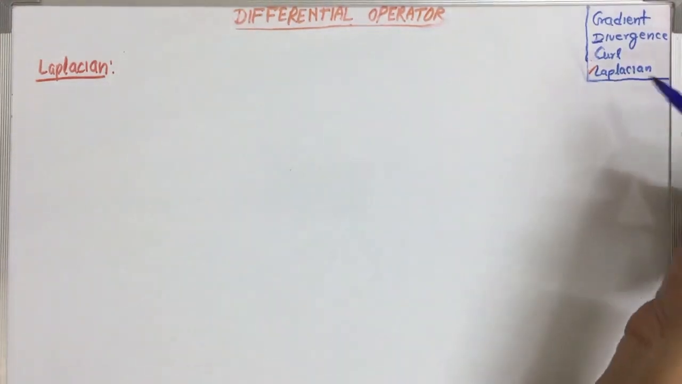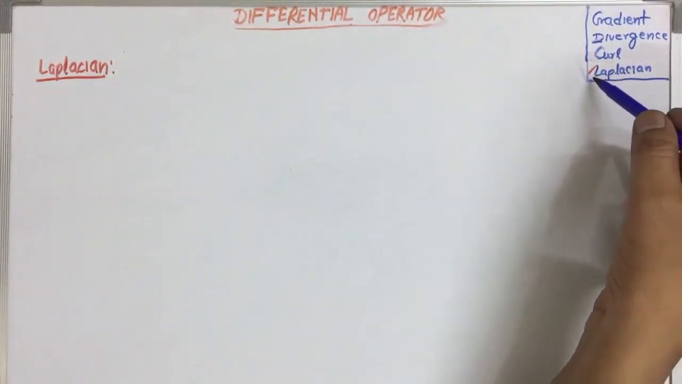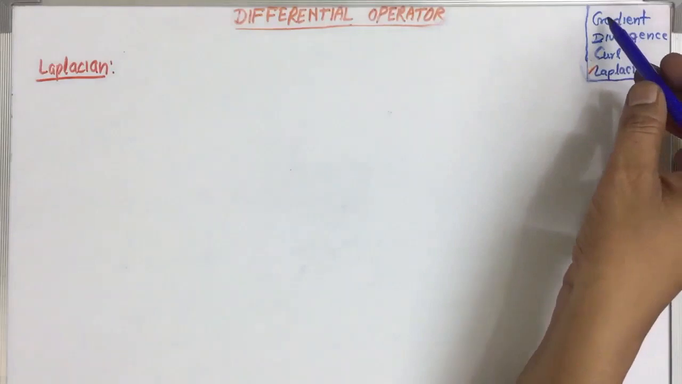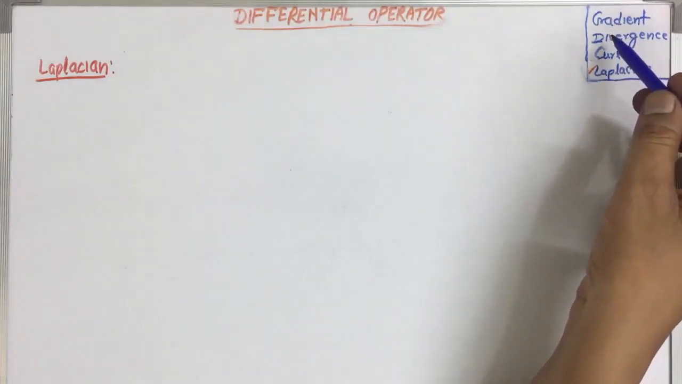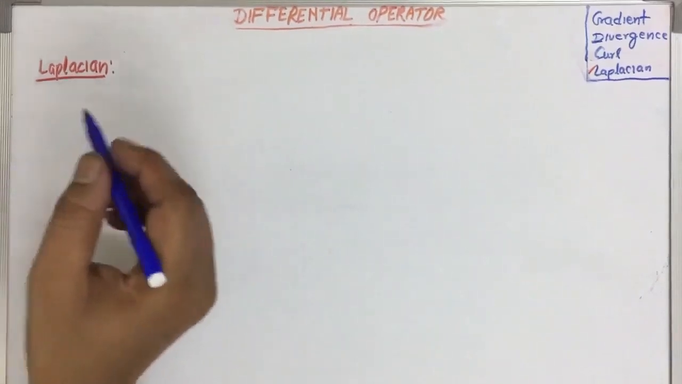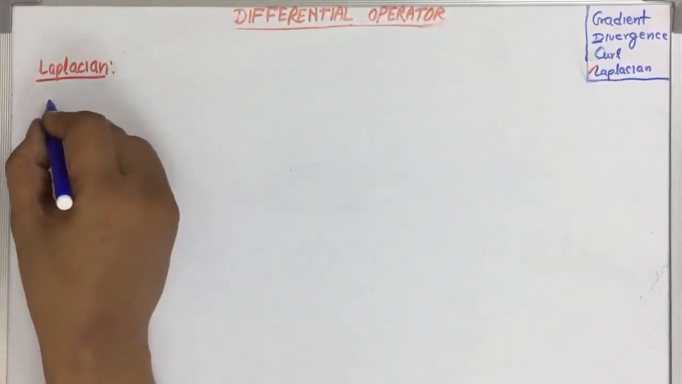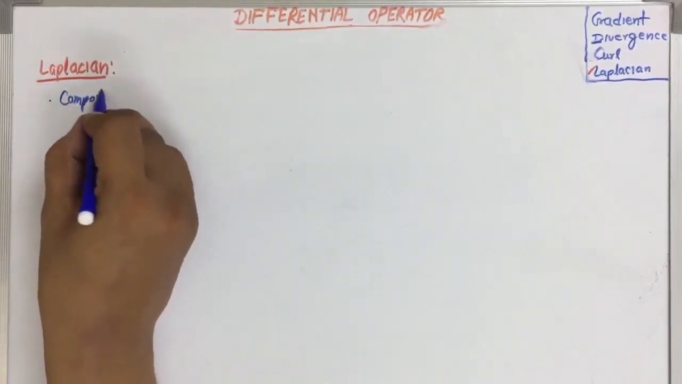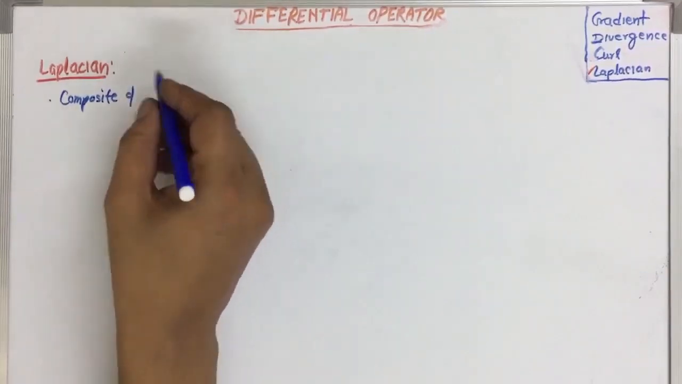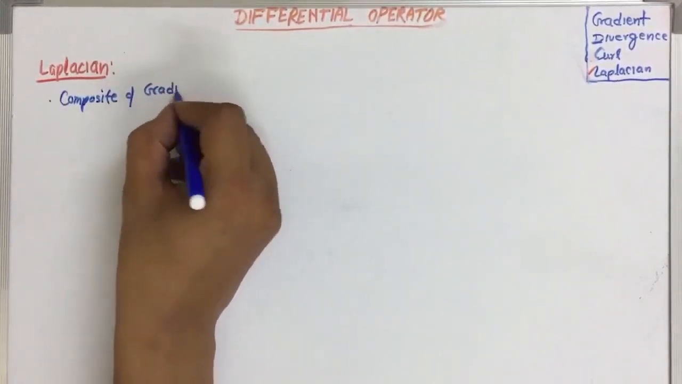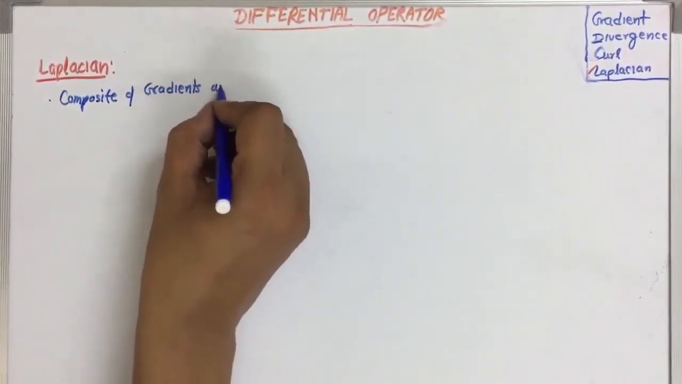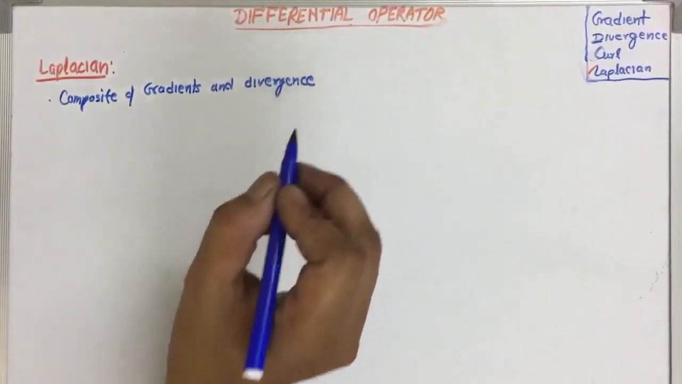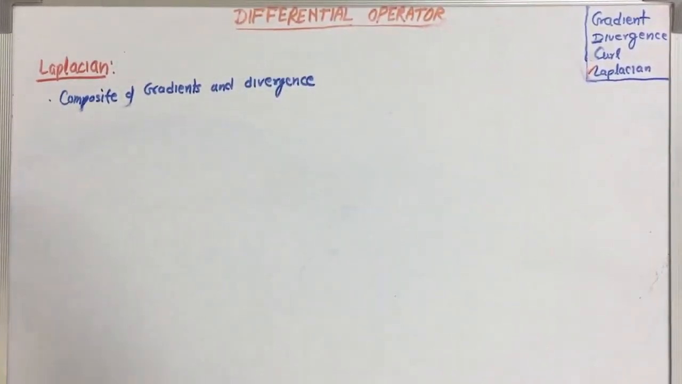Now we will discuss the next differential operator, that is Laplacian. This is a single operator that is composite of gradient and divergence. So the first statement that we can write regarding that: it is a composite of gradient and divergence. It can be defined as